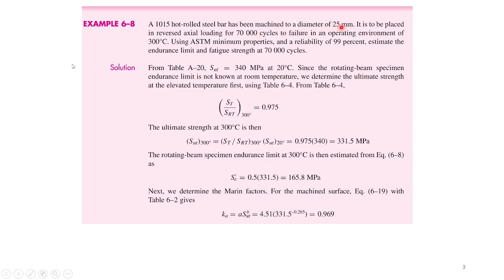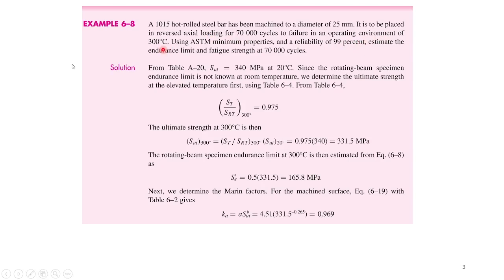It has been machined to a diameter of 25 millimeter. It is to be placed in reversed axial loading for 70,000 cycles to failure. Reversed axial loading means that the KB, the size factor, is equal to 1 for axial loads. Okay. This is the number of cycles to failure, which is 70,000, and in an operating environment of